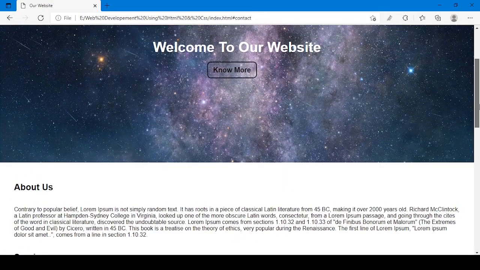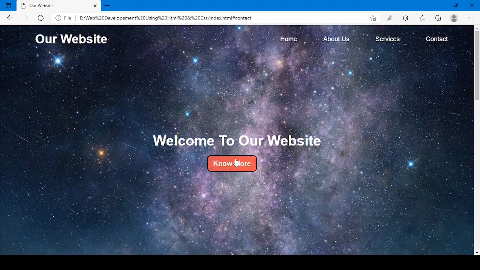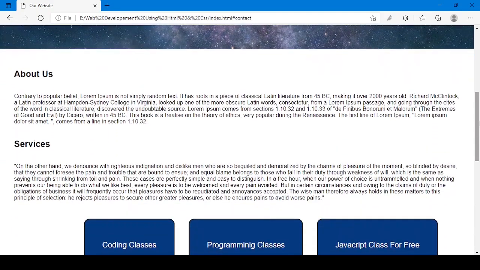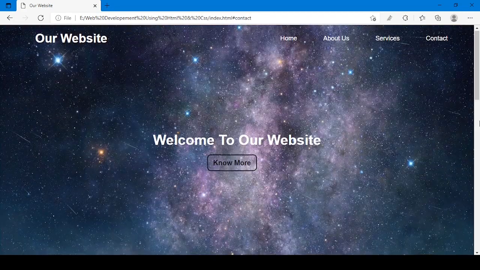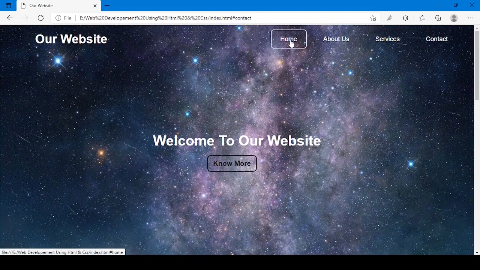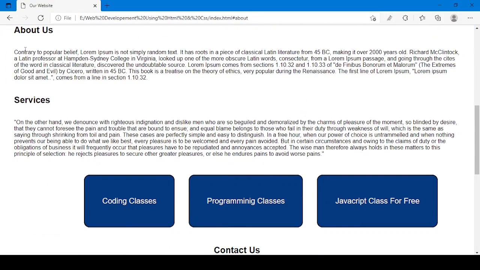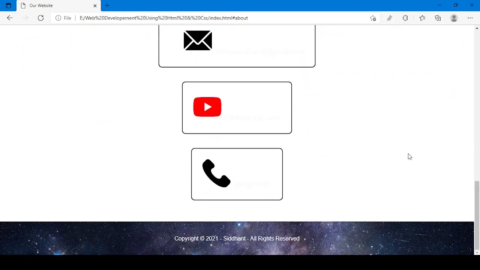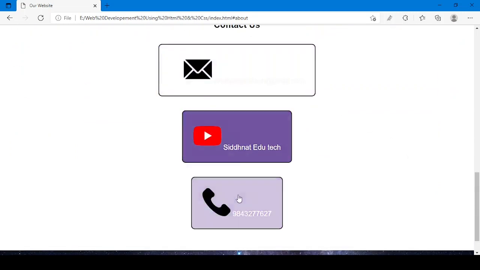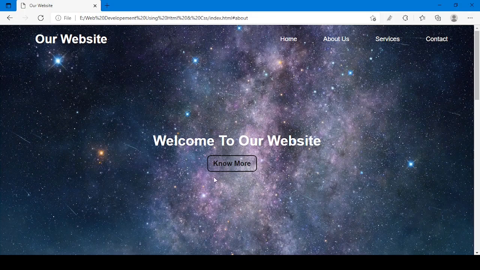And here you can see about us, and there you can see this hover effect, so much. Yeah, so much good. And when you scroll it, you can also use from here. The border appears when I hover on them, and here you can see this text also, services, this one. Yeah, so in this way you can make your website. That looks very great. Okay, so I hope you all have learned many things in this.